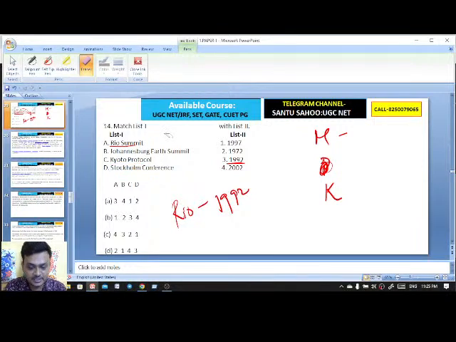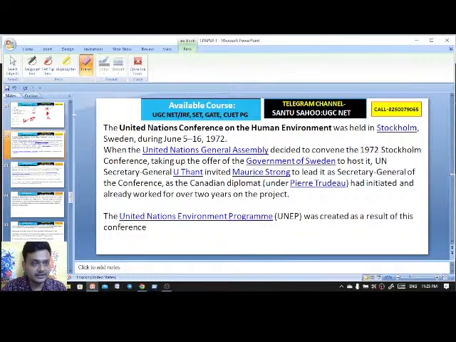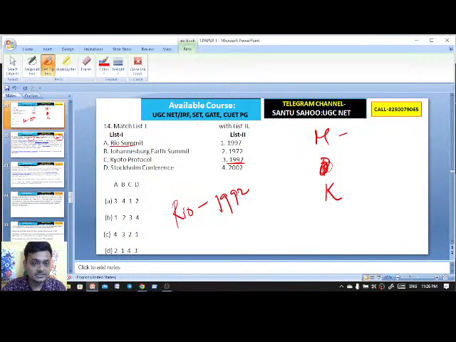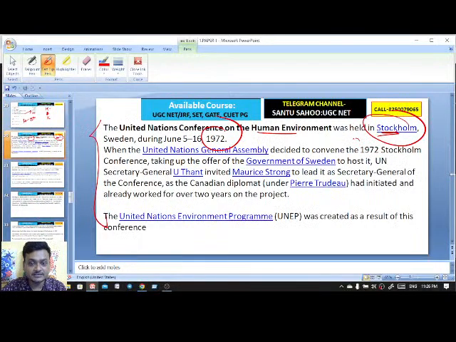This is saying here, you see, the United Nations Conference on the Human Environment, that is also known as the Stockholm Conference, which took place in 1972.